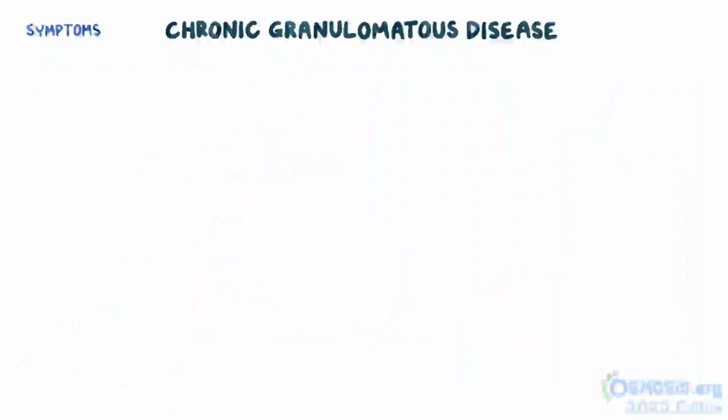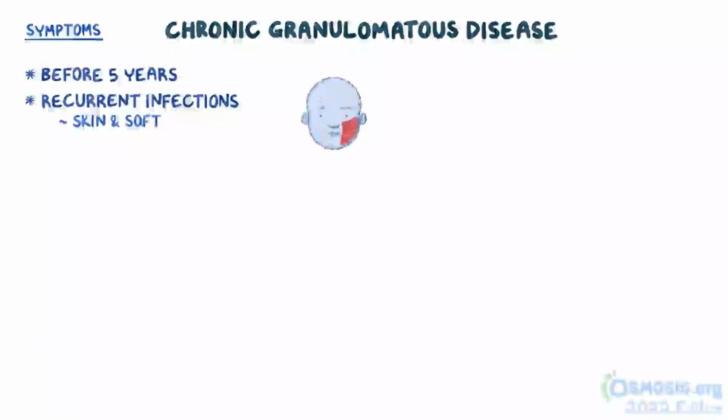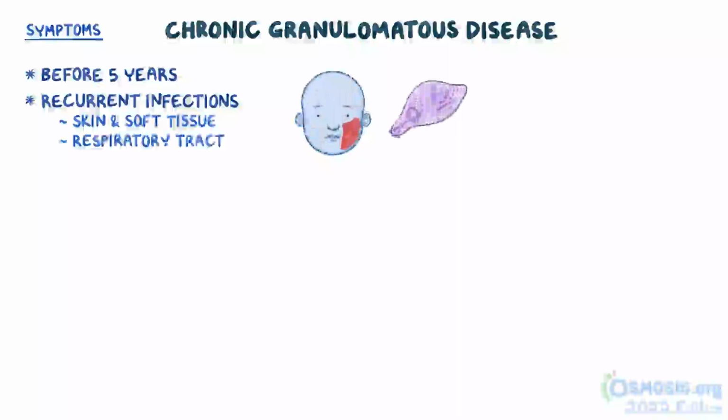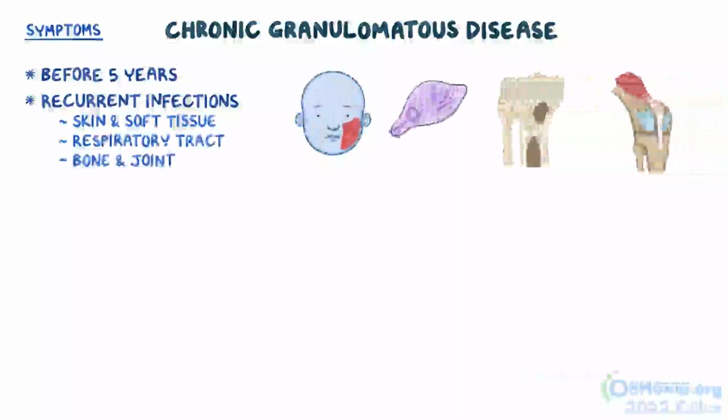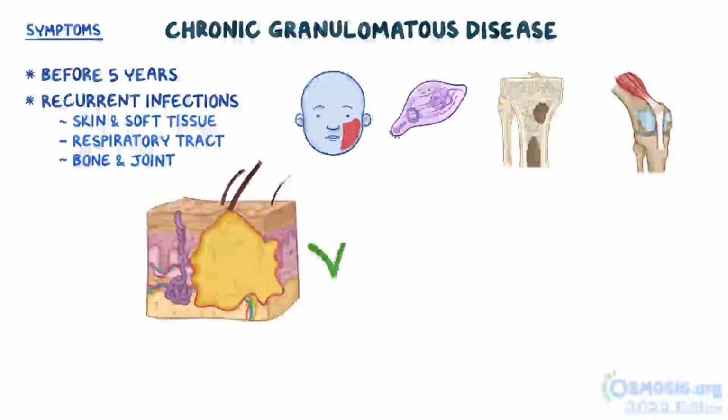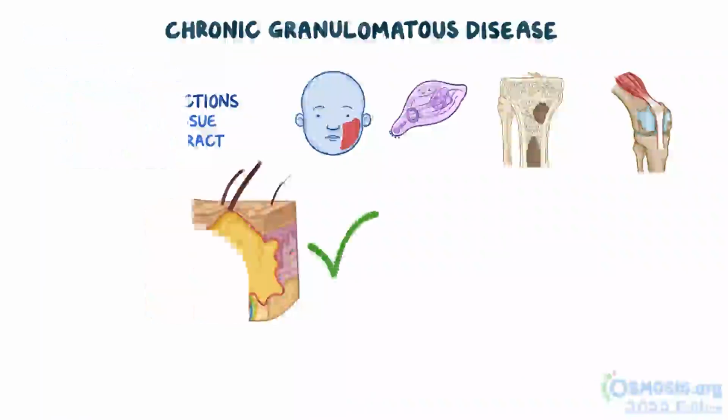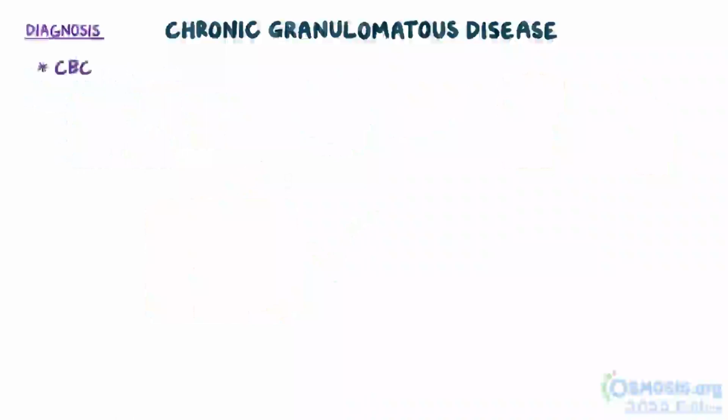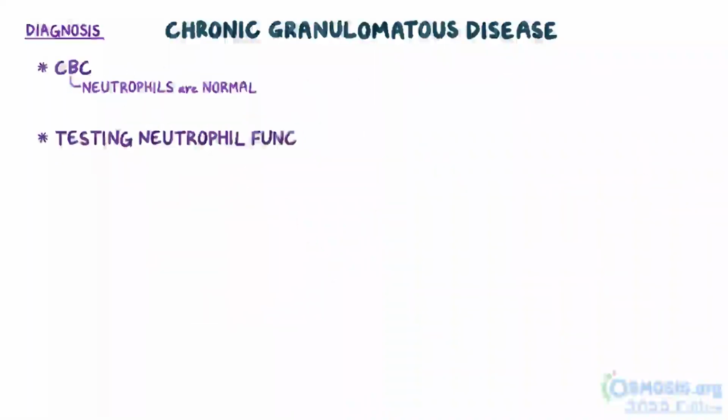In terms of symptoms, chronic granulomatous disease usually presents before the age of 5 years with recurrent infections of the skin, soft tissue, respiratory tract, bone, and joints. The key here is that unlike leukocyte adhesion deficiency, pus and abscesses are present. On a CBC, the number of neutrophils is usually normal, and diagnosis proceeds by testing neutrophil function in a blood